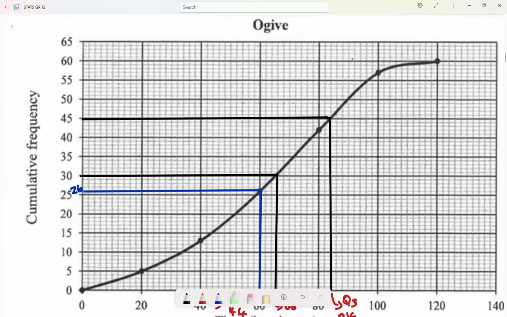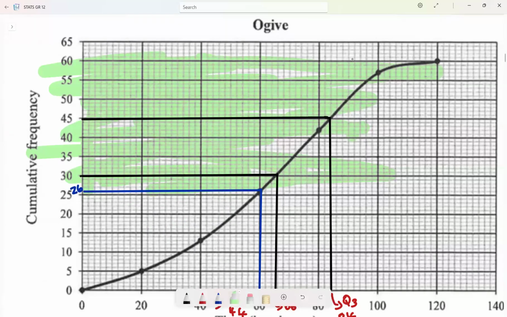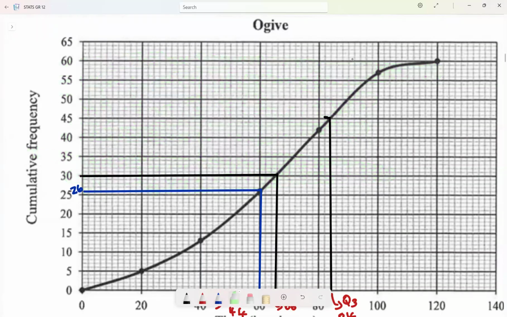But these ones above here are the ones that are traveling an hour or more. So these are the ones that are going to be working part of the time at home. So how many people are there? If there are 60 people in total,